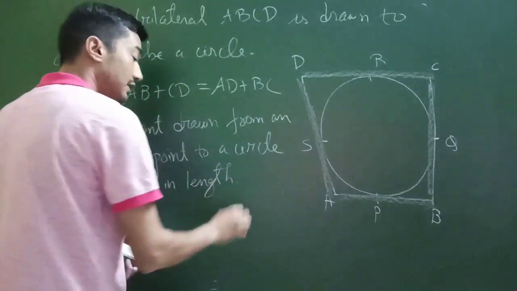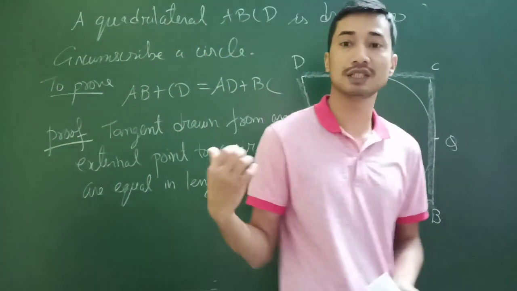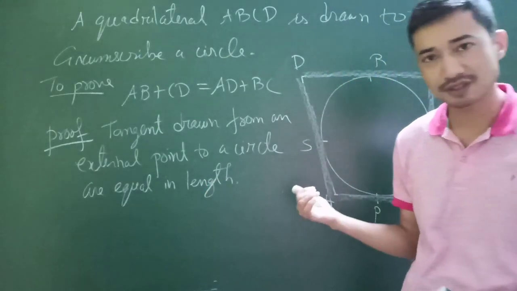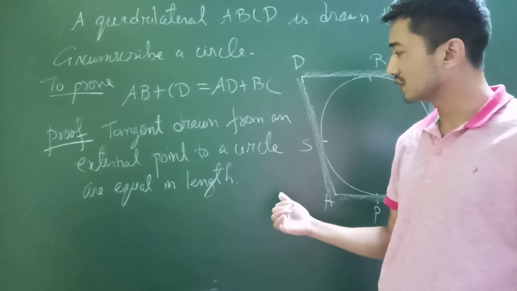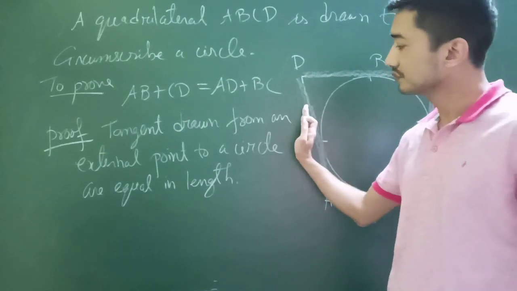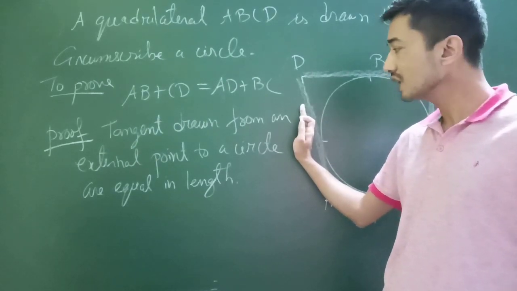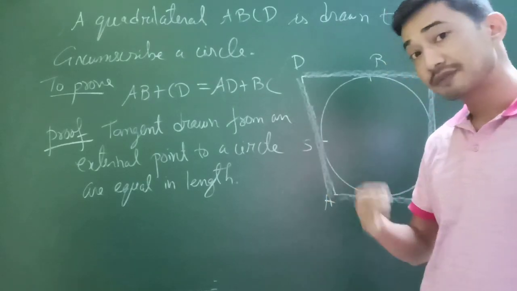You remember the first activity that we did? We are using it now. A tangent drawn from an external point to a circle is equal in length. Now if you look at the figure carefully,